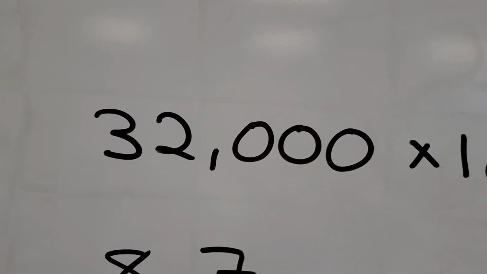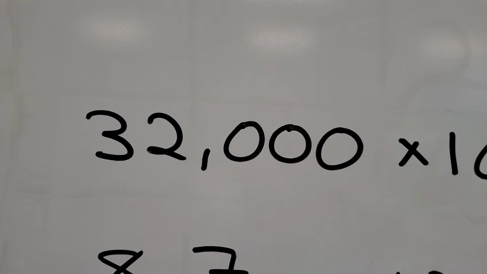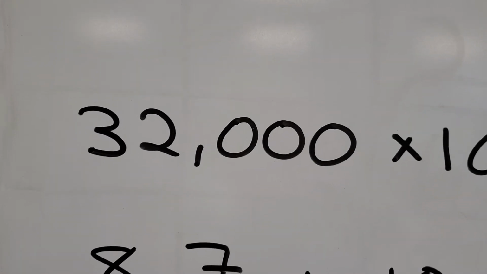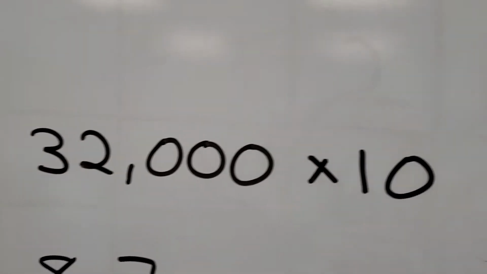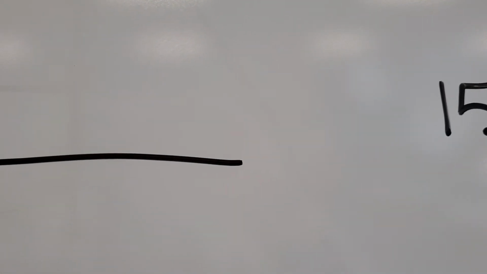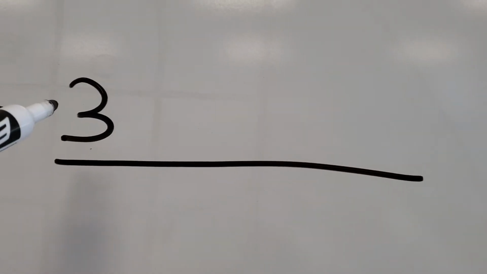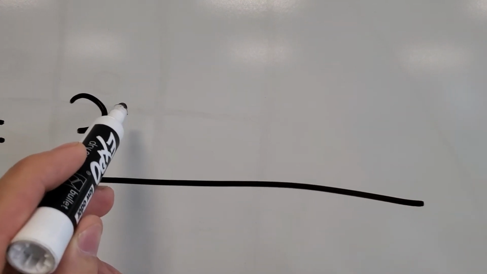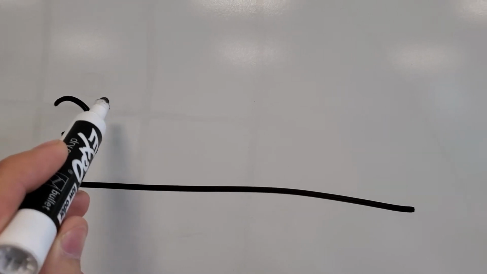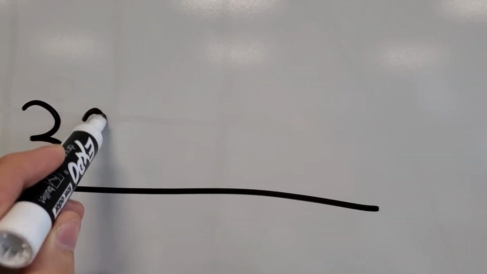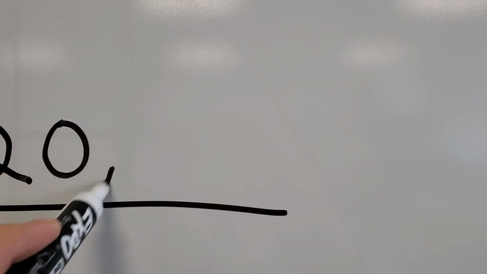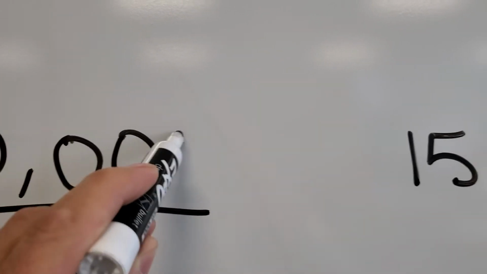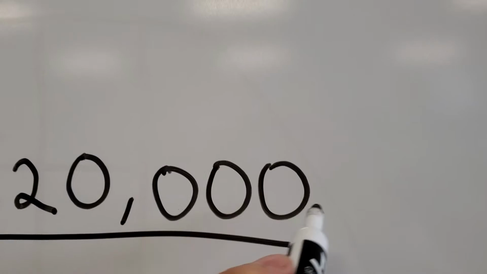So like I said, the 3 in the 10,000s place is going to get 10 times bigger. What's 10 times bigger than 10,000? 100,000. So that 3 is going to go to the 100,000s place. And I'm going to write it like this. 3 goes to the 100,000s. The 2 that was in the thousands is going to go to the 10,000s. And the thousands place is a 0. And we're always going to fill zeros in if we have nothing else to write